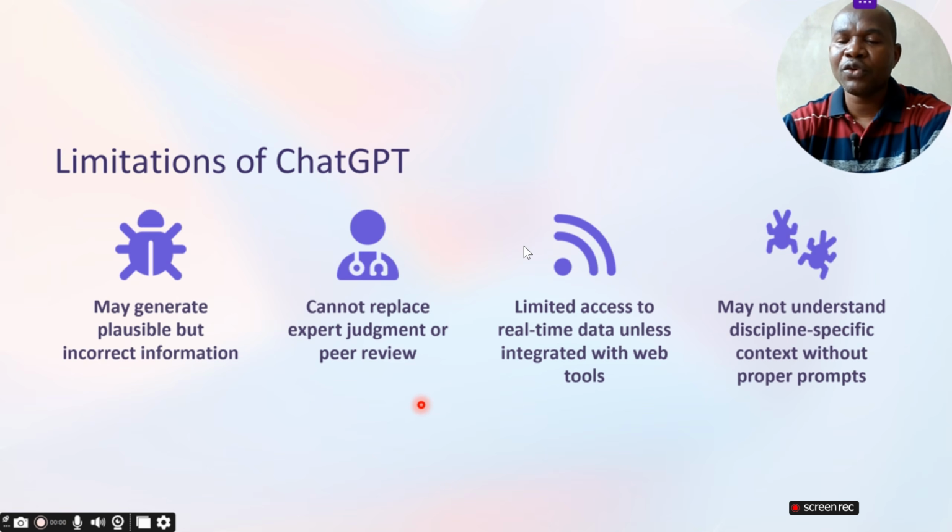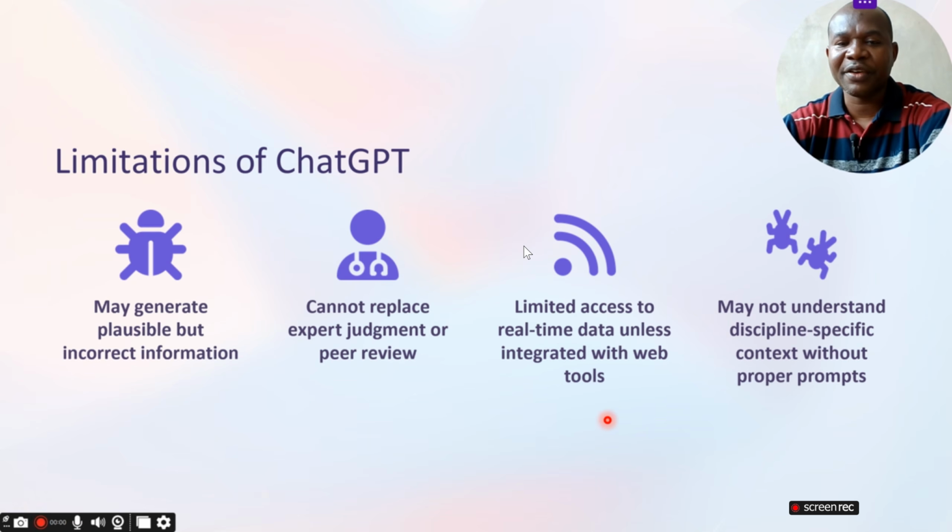For instance, if you have been appointed as a peer reviewer of a particular article, you can load it into ChatGPT to give you insights into the areas that need to be improved in that writing. So it gives you 50% leverage in accomplishing that particular task. By the time you see the output, you can now add your own, and you can disagree, you can agree as well. The beauty of it is that you already have something to brainstorm with